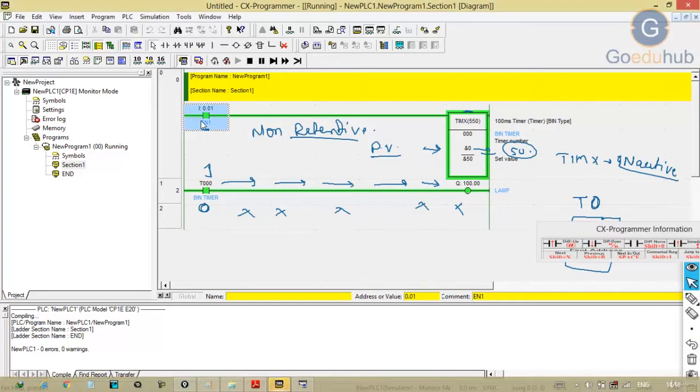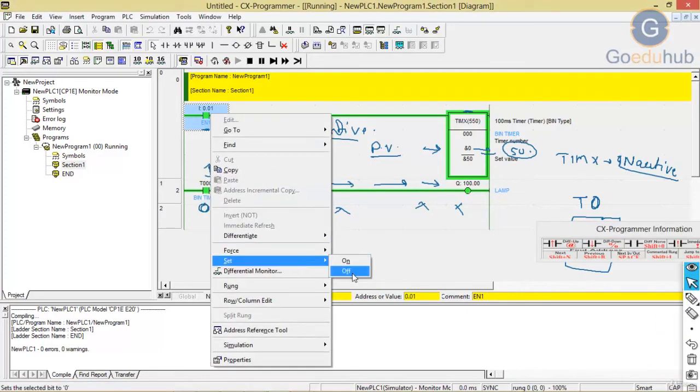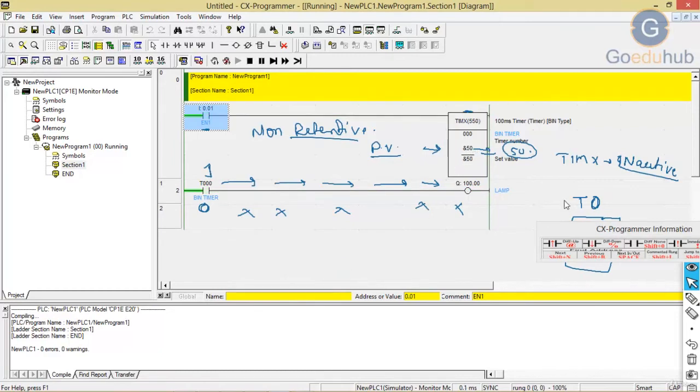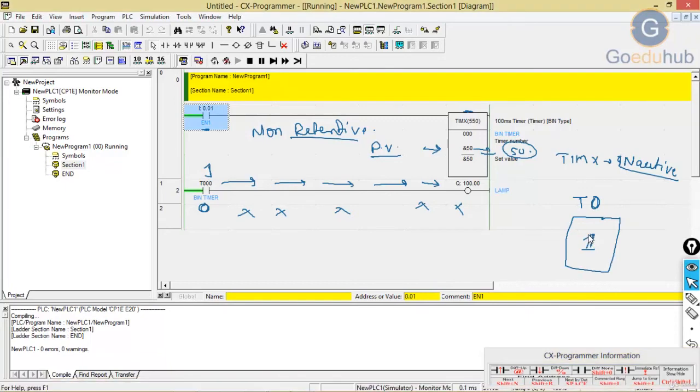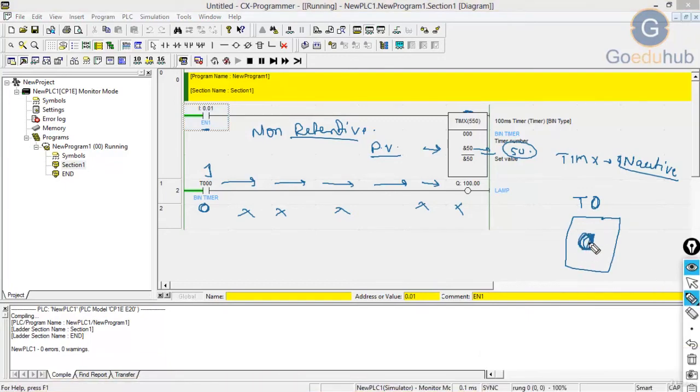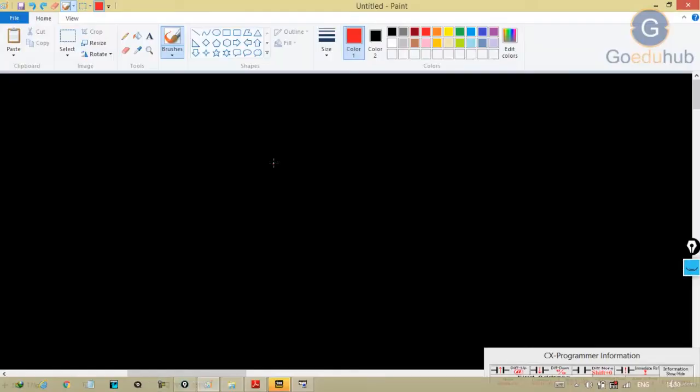So this is the non-retentive timer, as you can see. Now again, that value that will come to T node is 0. So that's why again 0 will come here and the same thing will happen. I hope that you understand the operation of the timer. We will see one more example for understanding.